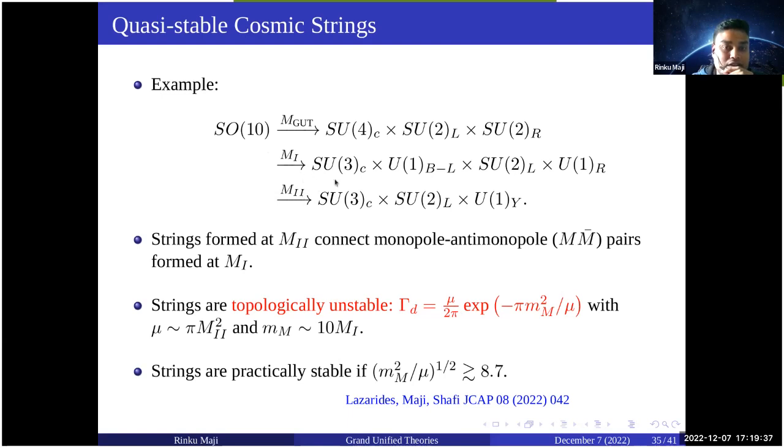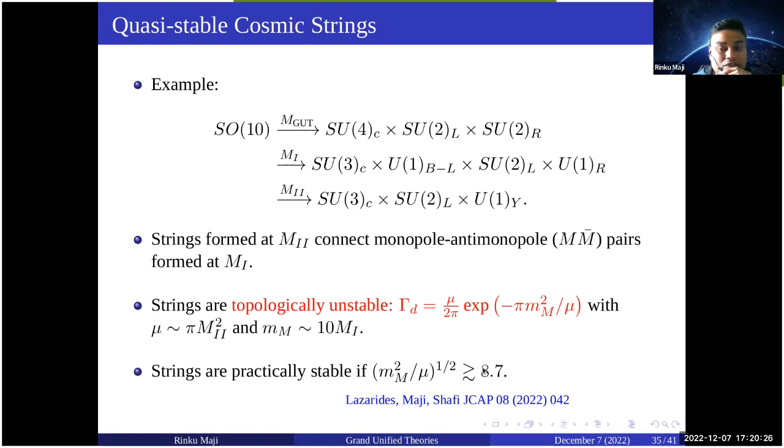Now, these hybrid defects are topologically unstable, and their decay width is given by this formula. They depend on the scale where the monopoles are created and the scale where the strings are created. Here mu is the string tension, which is of the order of pi times the breaking scale squared, and m_m is the monopole mass, which is of the order of 10 times the breaking scale. So although the strings are topologically unstable, they are actually stable if